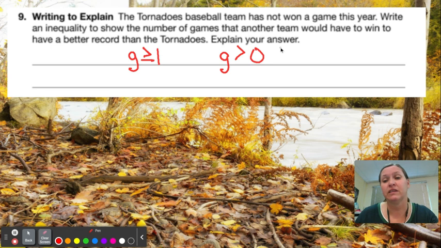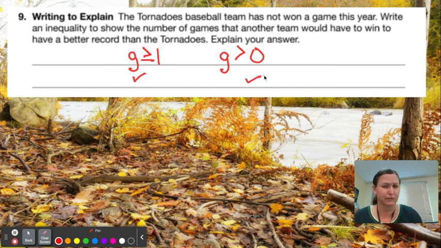They could win 0 games. Anything better than 0 games, and they have a better record than the Tornadoes. There's 2 different ways to write it, and you just have to explain why. So if I did this one right here, they have to win 1 or more games, or they have to win more than 0 games. So that means more than 0 would be 1. If they won at least 1 game, they beat the Tornadoes